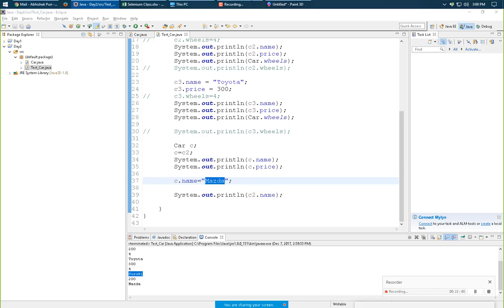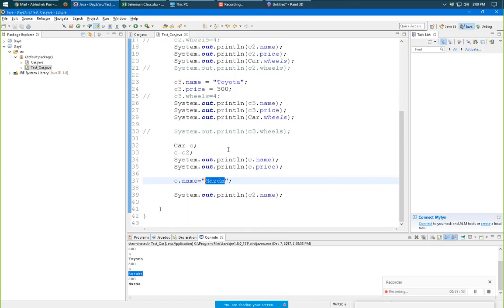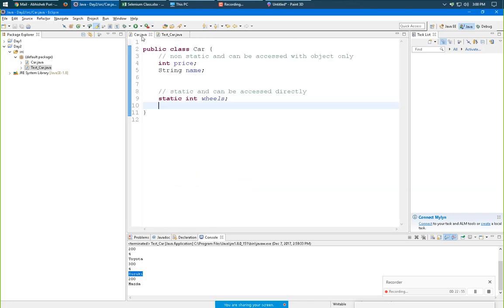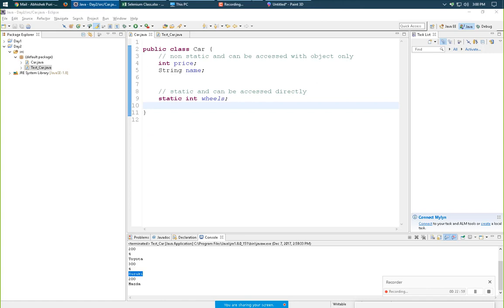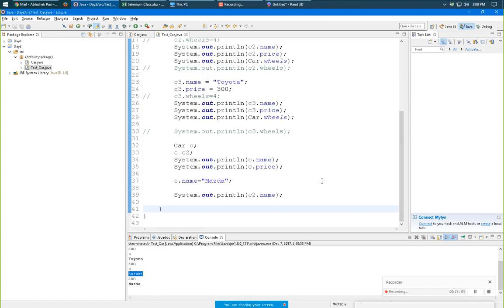Now, starting with constructors. When you change the name there, every time you access C or C2 from that point onwards, it will be Mazda, but before that it will be Suzuki.